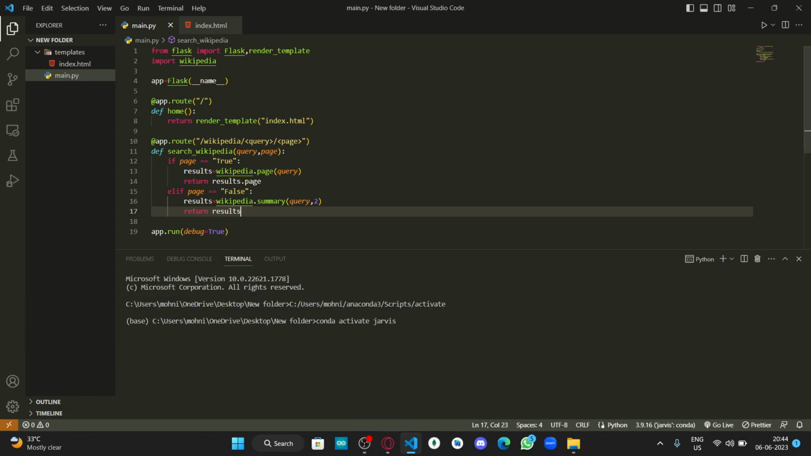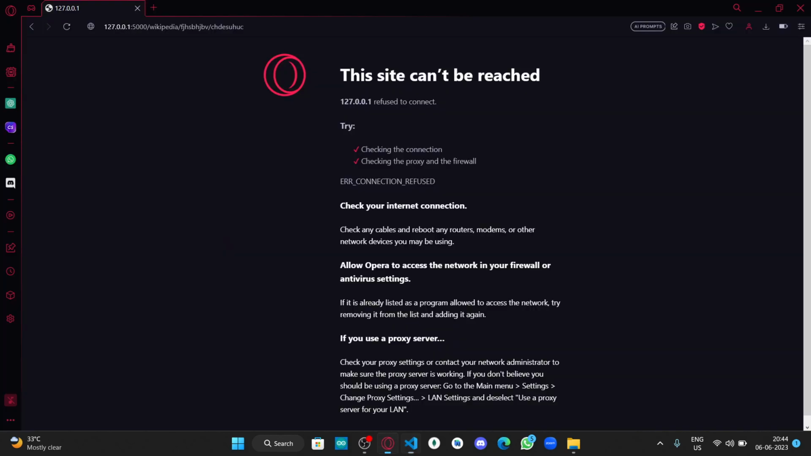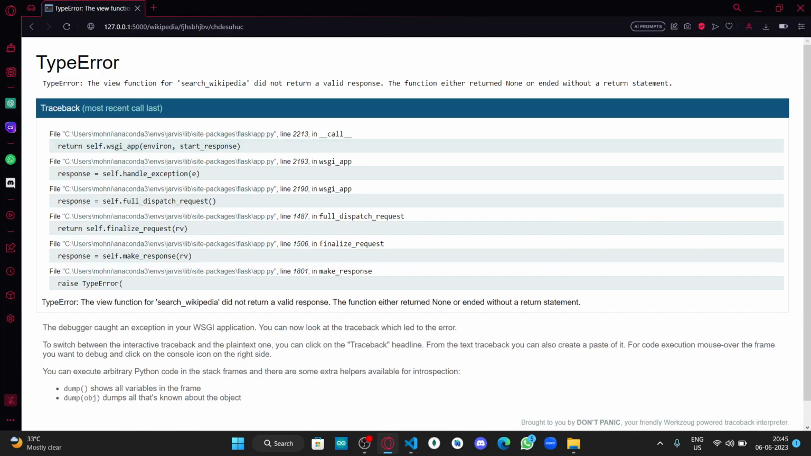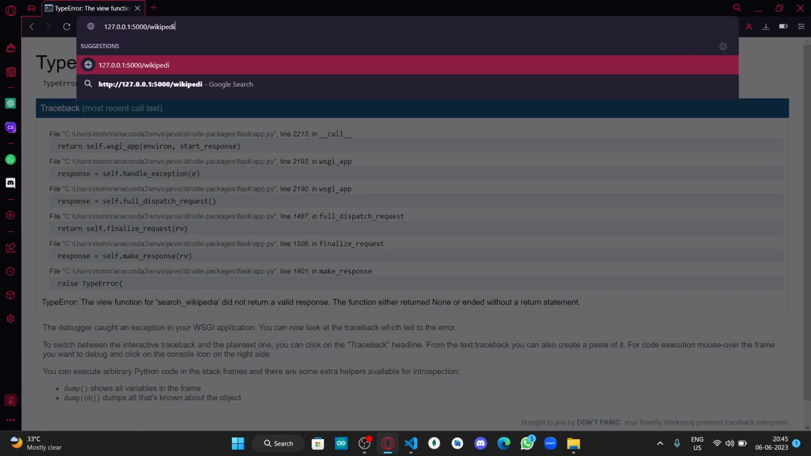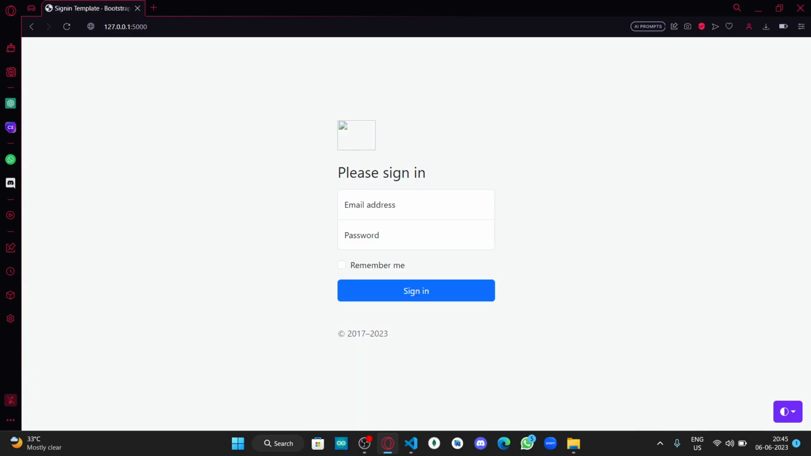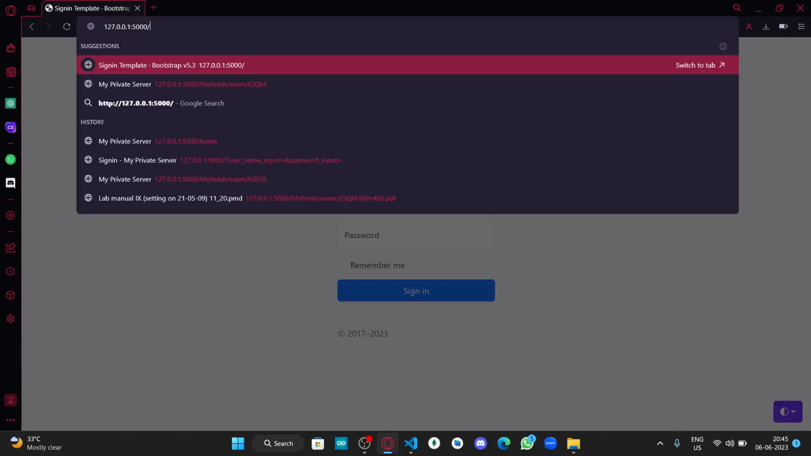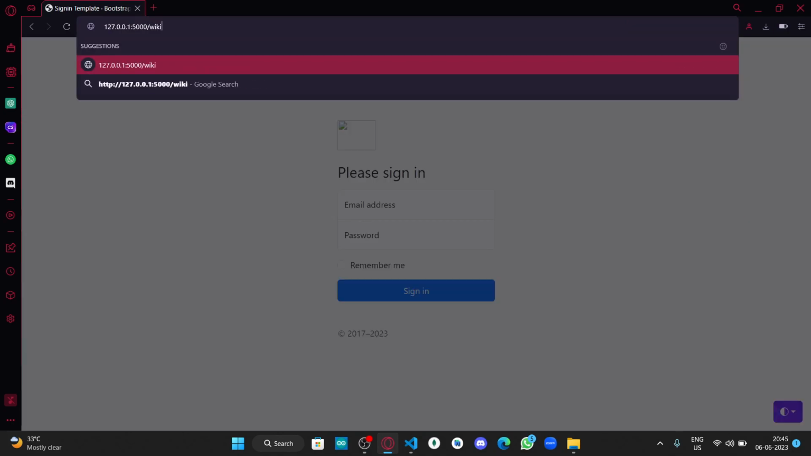I'll press Control Enter, and it started, and I reload my server. Okay, so it says Wikipedia did not return a valid response. How will Wikipedia give a valid response for this? If I go to slash on my app, it says please sign in. This was just to show you that you can host websites using Flask. But now let's get to this, and we'll type Wikipedia slash, then a query, like let's search